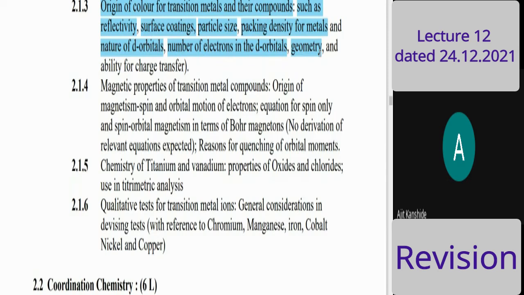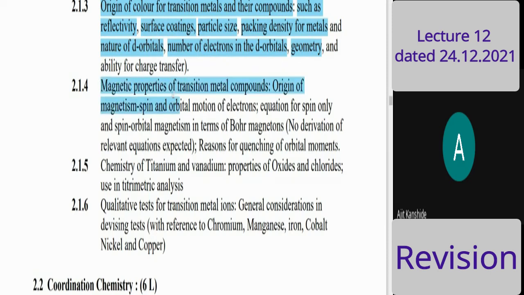That point is included because, if you see, the syllabus is only for 9 lectures and the wording is more. So the wording is only for introduction. Detailed studies are there next year. So is this point 2.1.3 clear? Yes, sir. Now let us revise